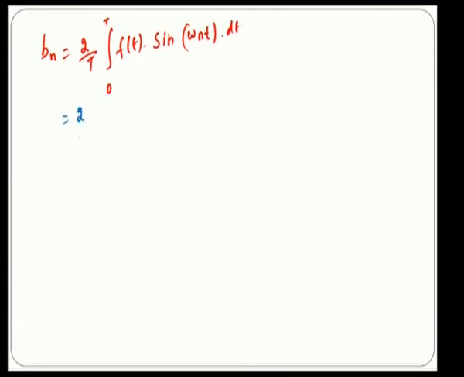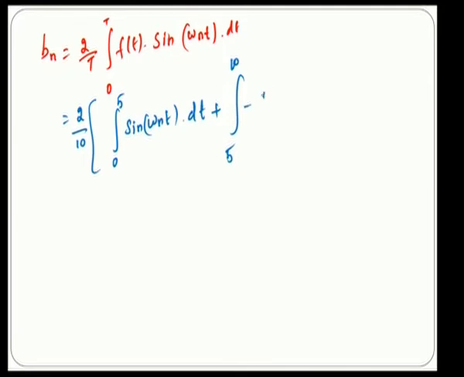Now take the value 2 by 10, then split the integral: 0 to 5, this value is 1, so sin omega n t into dt, plus 5 to 10 minus 1, so minus sin omega n t into dt. Now if you substitute the omega value, which is pi by 5,